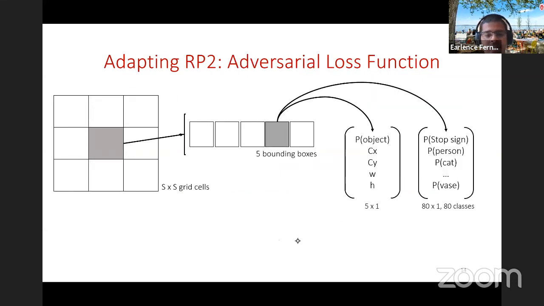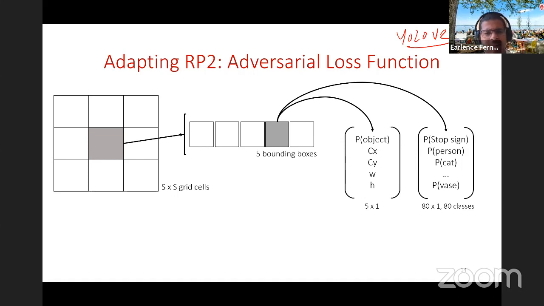The second realization was that the loss function is going to be a bit different. Unlike a classifier, where you have some cross entropy loss and a fixed probability distribution that is being output, the output of an object detector is a little more complicated than that. Here I'm showing you the YOLO V2 output format and how we adapted the loss function to work there.